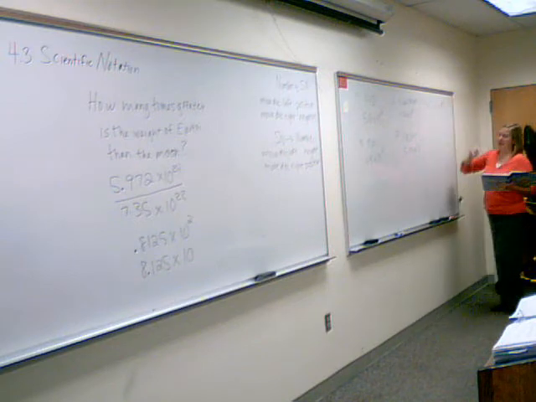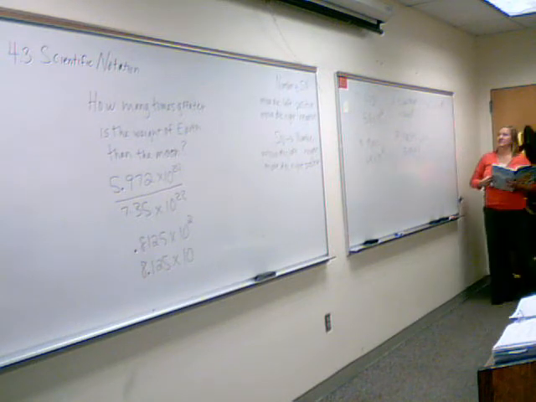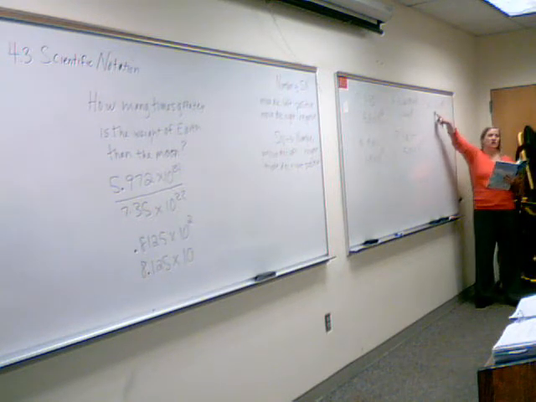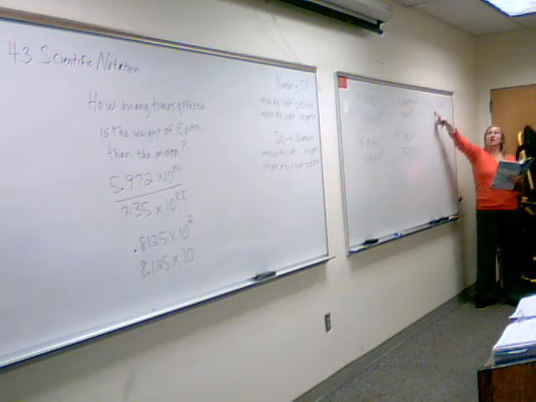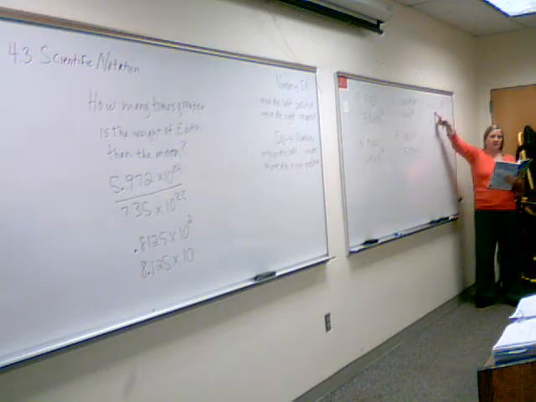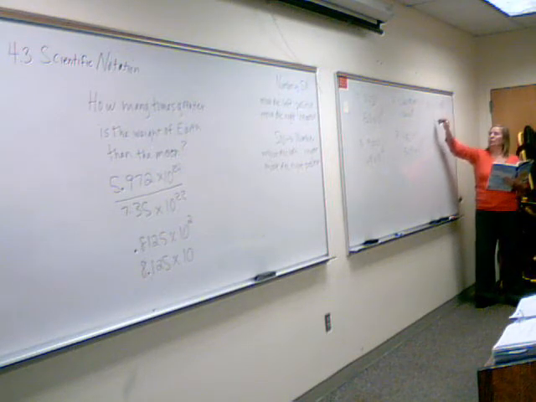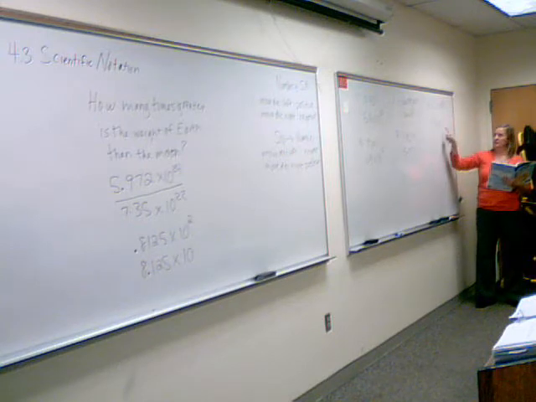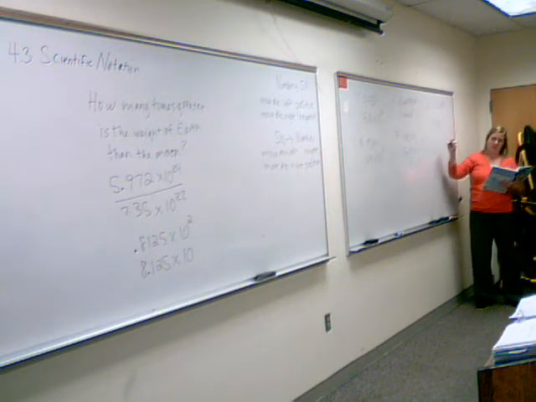Now I want to go back to a number. If it's times 10 to the 4th, is this getting larger or smaller? Larger, so which way am I moving my decimal? Right, how many times? 4. So 1, 2, 3, 4. Check myself. 1, 2, 3, 4. Okay, number